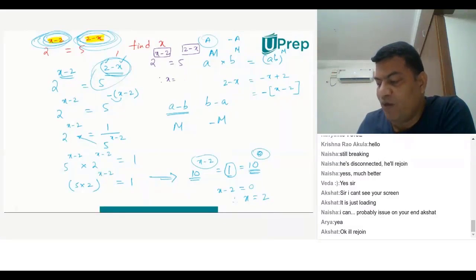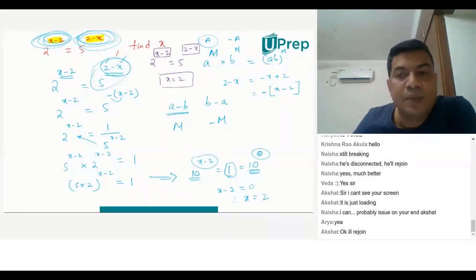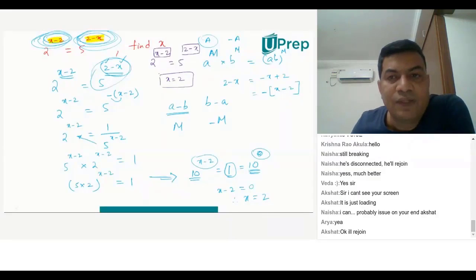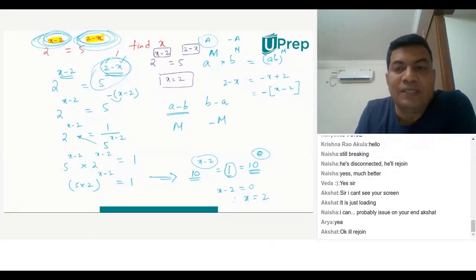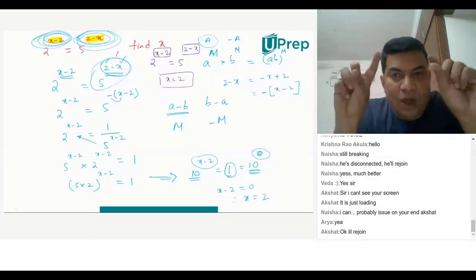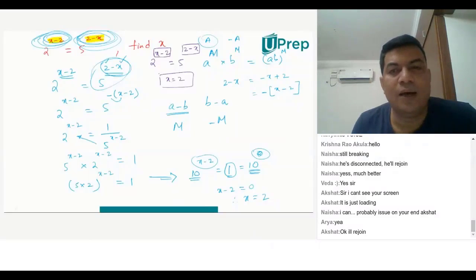So that's the best way of looking at this problem and say that x is equal to 2. It's a common sense way of solving this problem because anything power 0 is 1. Because those two powers are additive inverses of each other, that's the reason x equal to 2 satisfies there.